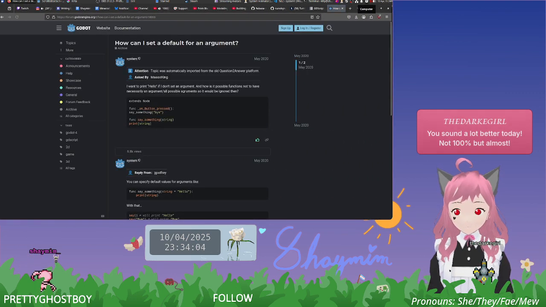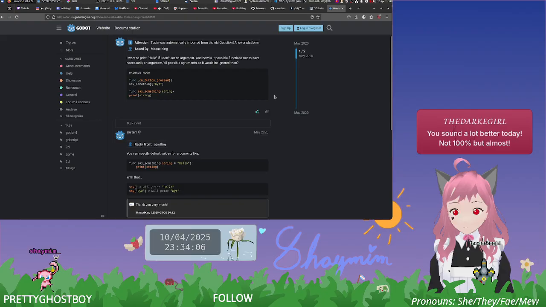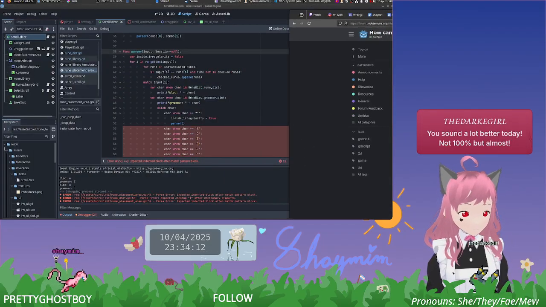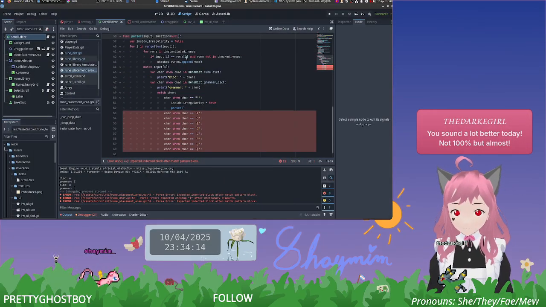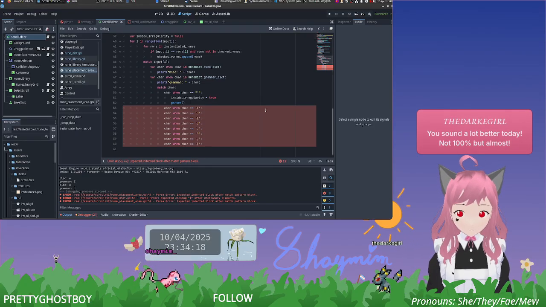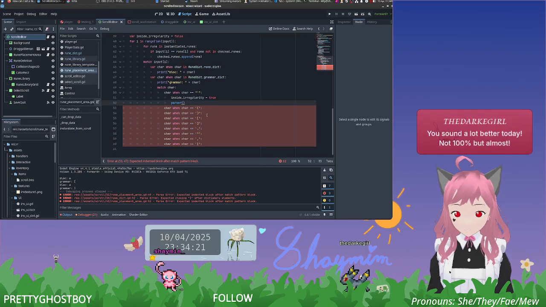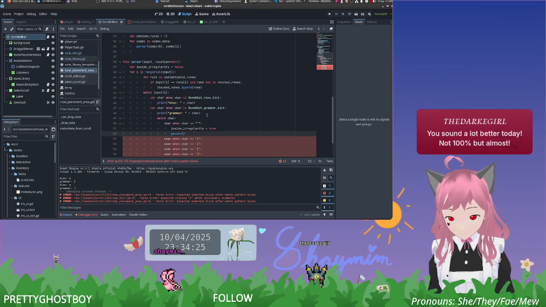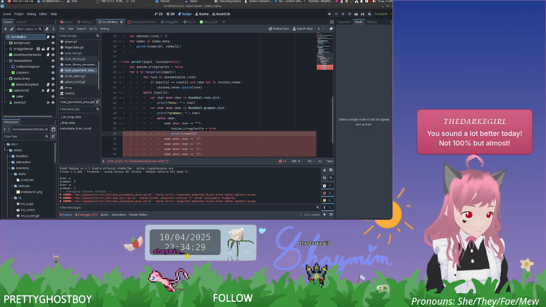Let's see if this is helpful. Equals hello. Yes. Okay. So location is null if you don't have one. That works for me. And then you'll have parser of input, and then